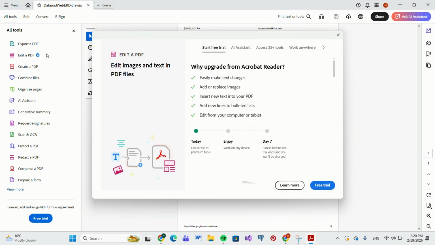It is important to note that the Edit PDF features, including image editing, require an Adobe Acrobat Pro subscription, so it is not available in the free Reader version. As you can see, a subscription page is open for me, but if you have already subscribed and you click on Edit a PDF, Acrobat will automatically detect editable elements including the image,